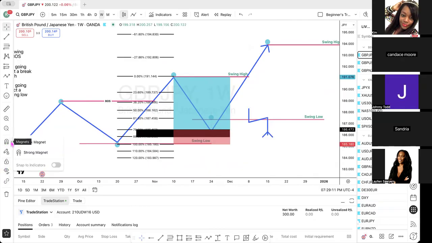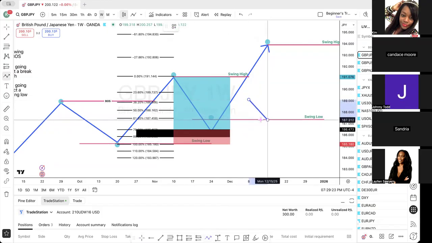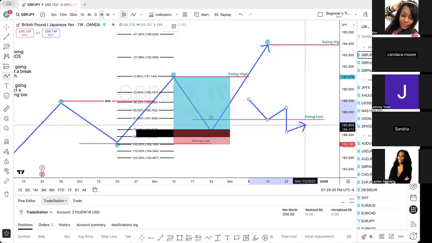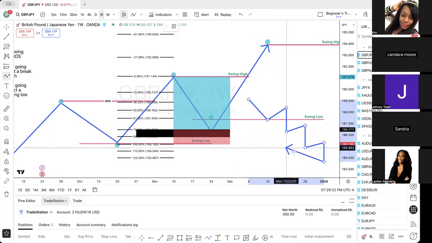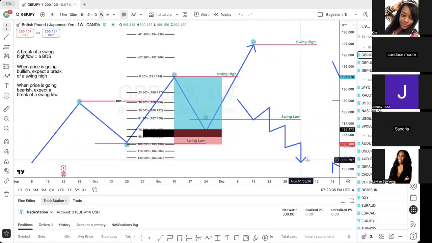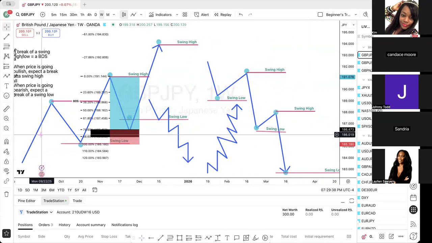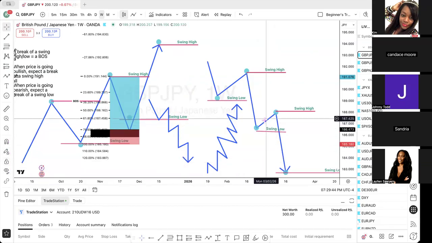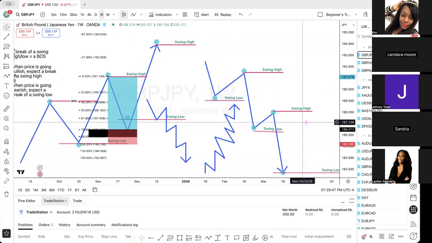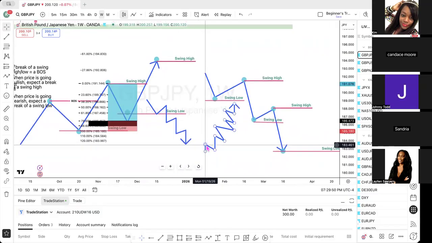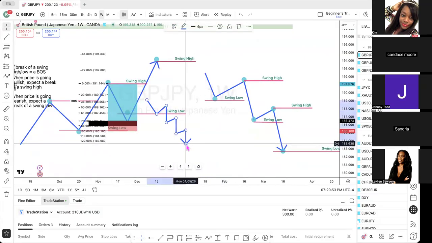Why is this thing acting like this? I don't have a magnet on. Okay. Let's see. I don't know why this thing is acting crazy. Hold on. I gotta figure out why this thing is, none of the magnets are on. Okay. Let's just say, where did I put it? All right.